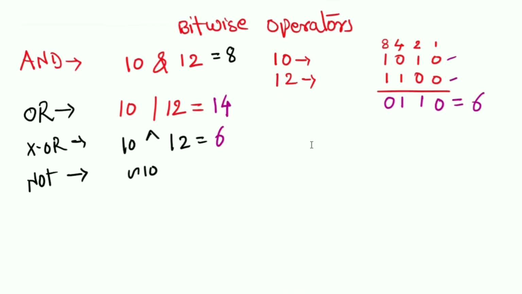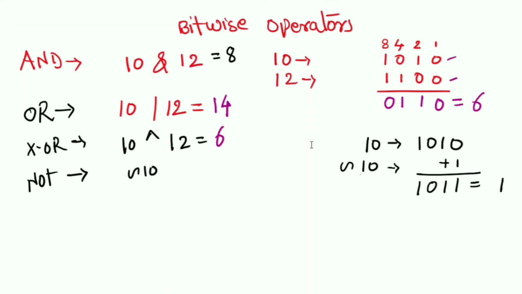So for that purpose, the binary equivalent is already there. The binary equivalent of 10, I have already written, 1 0 1 0. And NOT of 10, how can we calculate it? NOT of 10 will get calculated by simply adding 1. So I will get 1 1 0 1. So it is 8 plus 3, which comes out to be 11, but this 11 will be a negative 1. That's why I will get the answer here as NOT of 10 comes out to be minus 11.